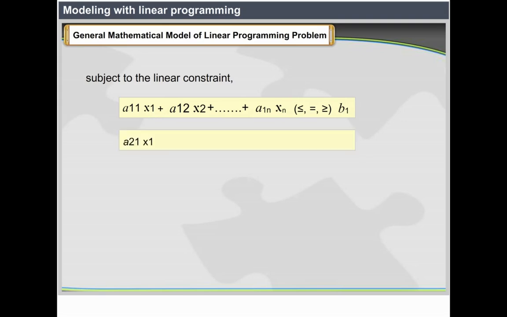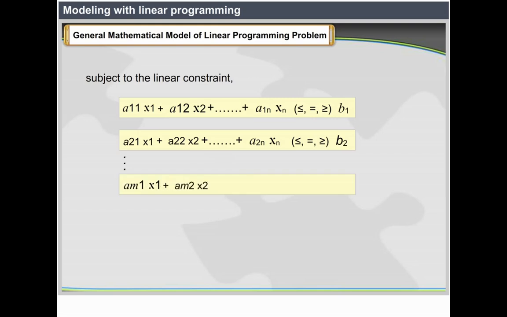Then the second constraint, a21x1 plus a22x2 plus etc. plus a2n xn. Again we write less than or equal to, greater than or equal to, then b2. Then finally, that means the last constraint, am1x1 plus am2x2 plus etc. plus amn xn. Writing the same symbols, less than or equal to, or greater than or equal to, then bm. And x1 greater than or equal to 0, x2 greater than or equal to 0, till we can write like this, xn greater than or equal to 0,